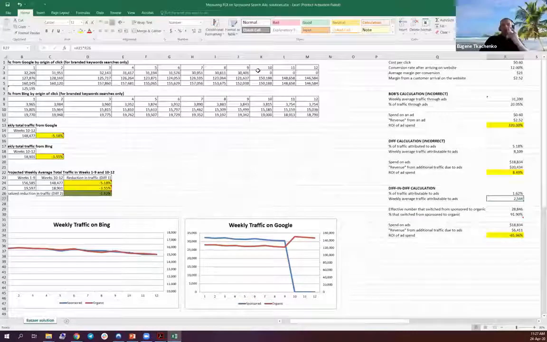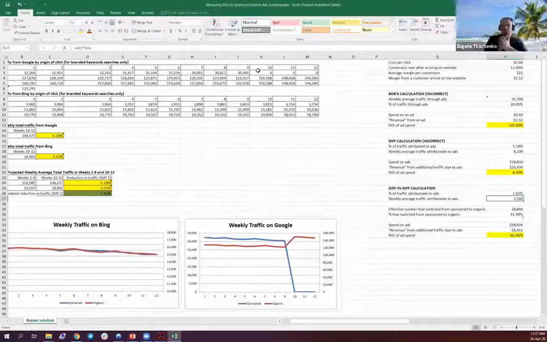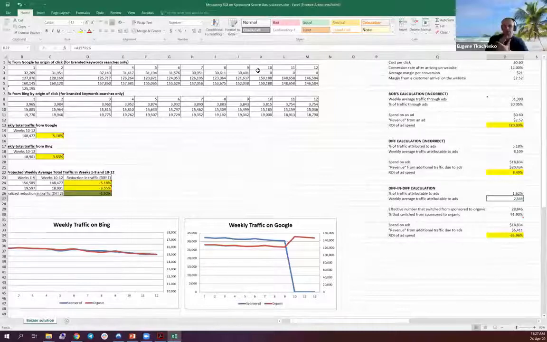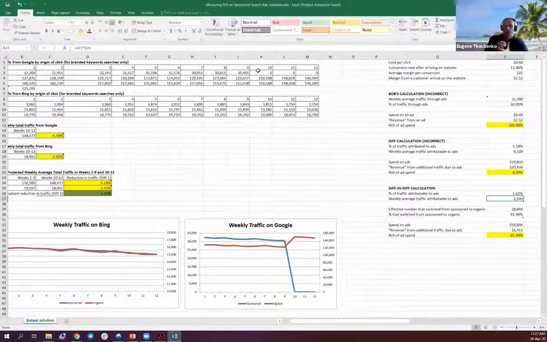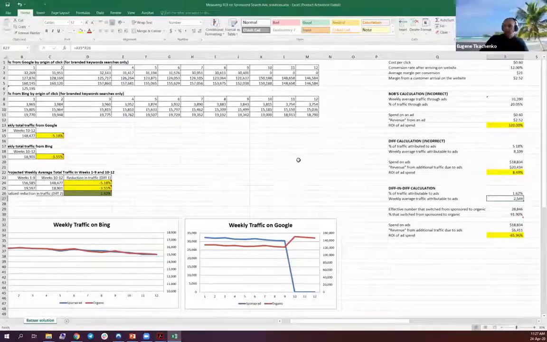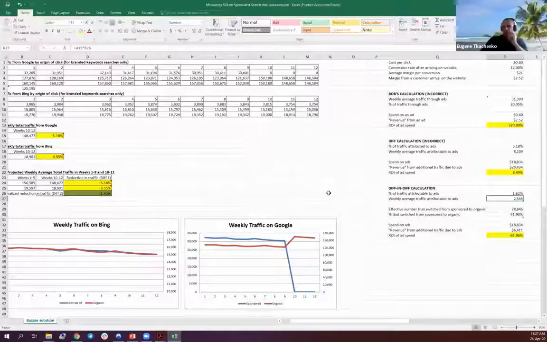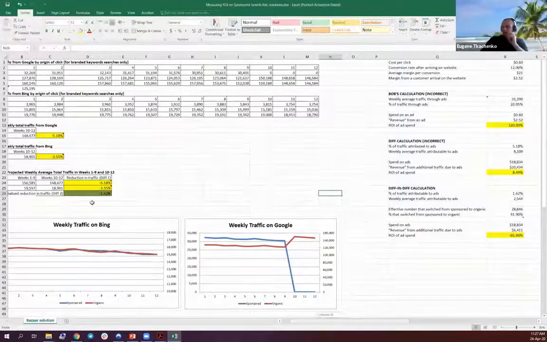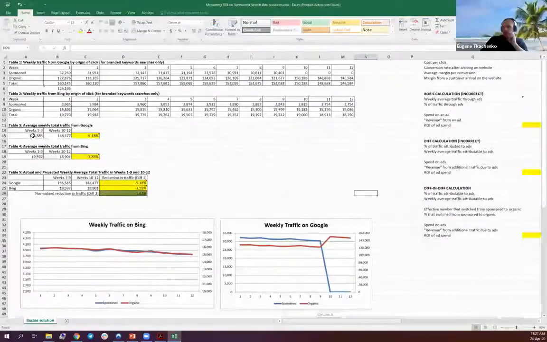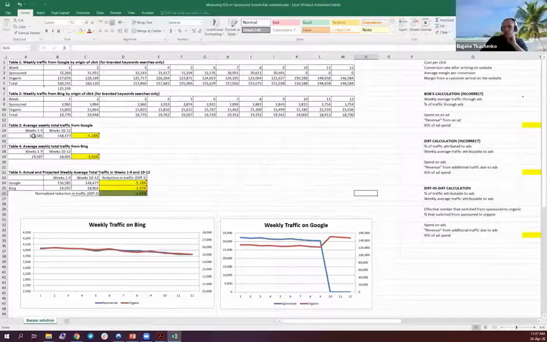So for example, there was a glitch on weeks 10, 11, 12. I cannot say for sure, or I can say with certain certainty that, for example, this amount of revenue may be attributed to that with particular certainty. But if you're talking about just a very hard, very precise number, that would be the number for the first 9 weeks. So the number based on the average weekly total traffic for Google.